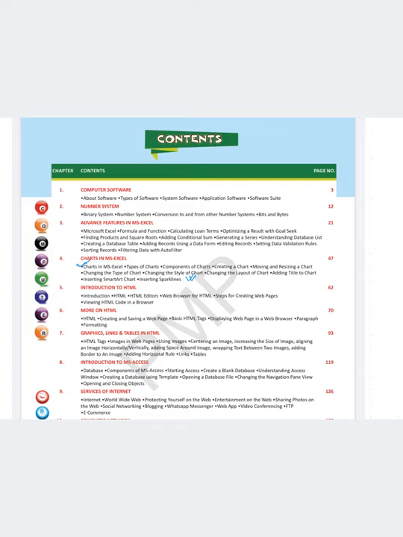Today we will be doing these topics: changing the layout of the chart, adding title to the chart, inserting smart chart and inserting sparklines. We will also solve the question answers of MCQ as well as fill in the blanks, and once we end that there will be an assignment for you where you will be made to solve certain questions.